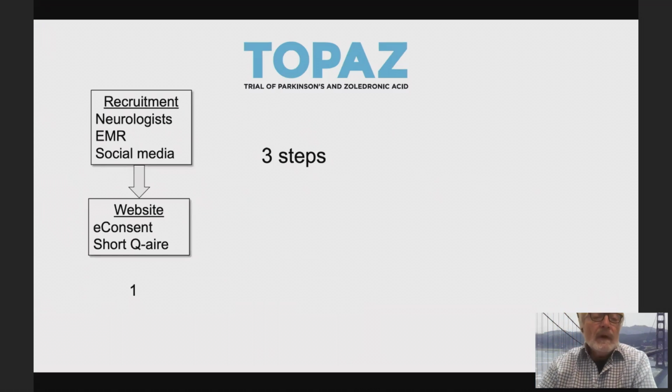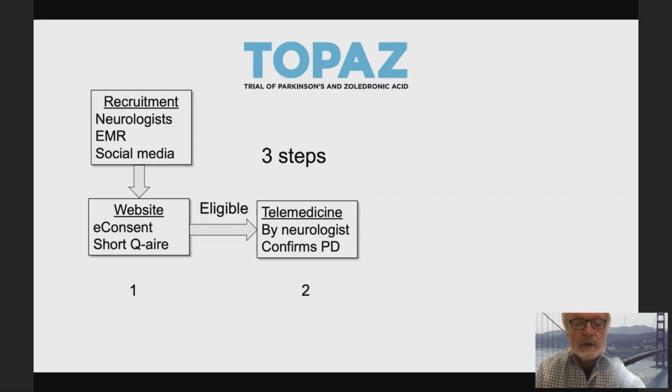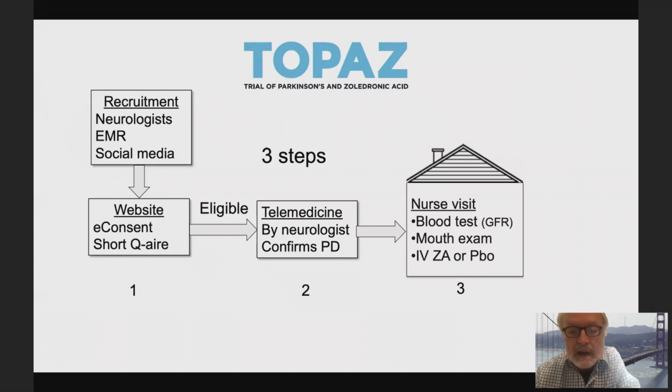Let me show you. The recruitment is done by neurologists in practice or through EMR searches or through social media. And the potential participants are referred to a website where e-consent, electronic consent, is done. They fill out a short questionnaire. And if they are eligible by those terms, we arrange a telemedicine visit done by a neurologist